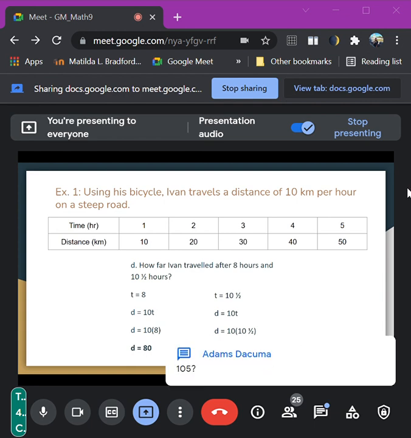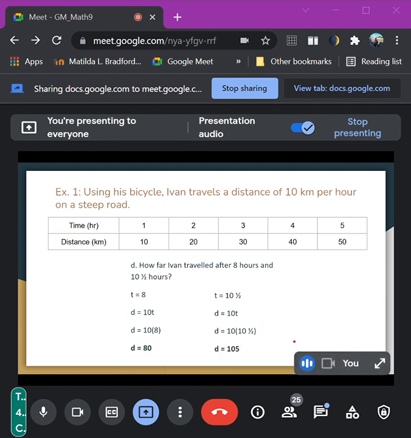Okay, we have there 105. Very good. Because you have there 10 times 10 and a half, that is 105. Okay? So as you can see, class,